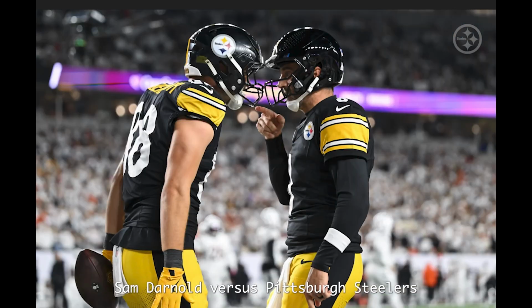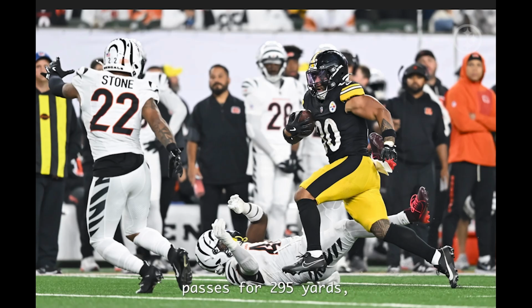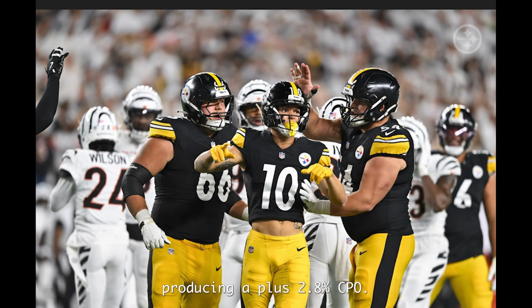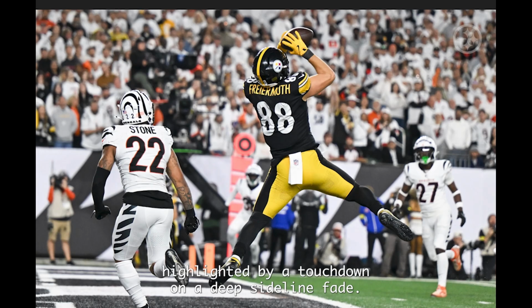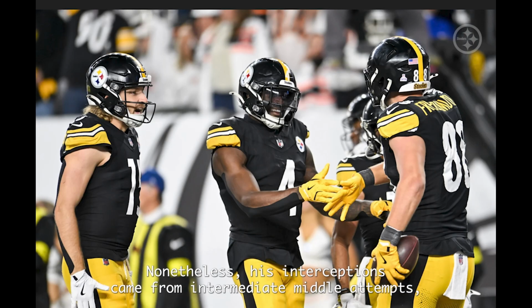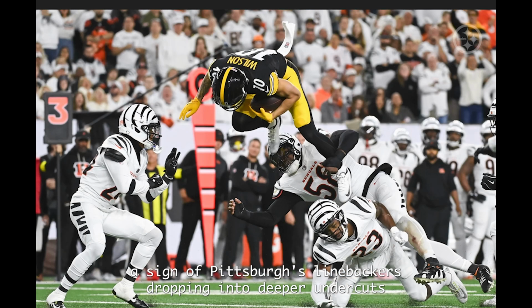Sam Darnold versus Pittsburgh Steelers. Darnold completed 22 of 33 passes for 295 yards, 2 touchdowns, and 2 interceptions, producing a plus 2.8% CPOE. He blended vertical throws with rhythm-based intermediate passes, highlighted by a touchdown on a deep sideline fade. Nonetheless, his interceptions came from intermediate middle attempts, a sign of Pittsburgh's linebackers dropping into deeper undercuts in pattern match